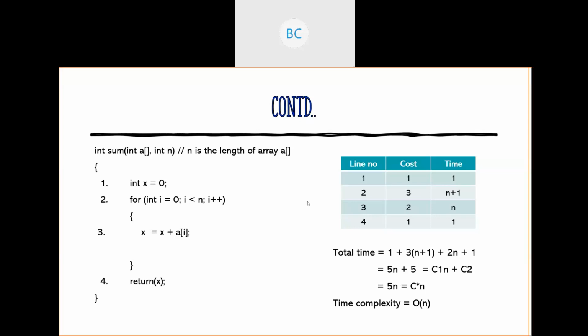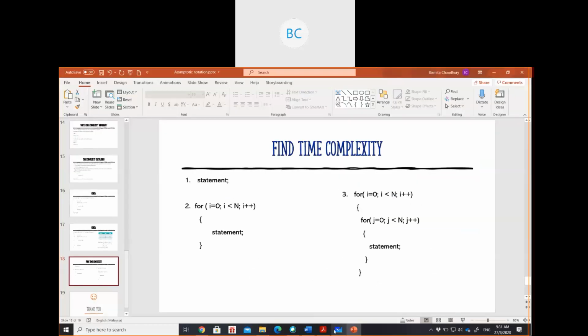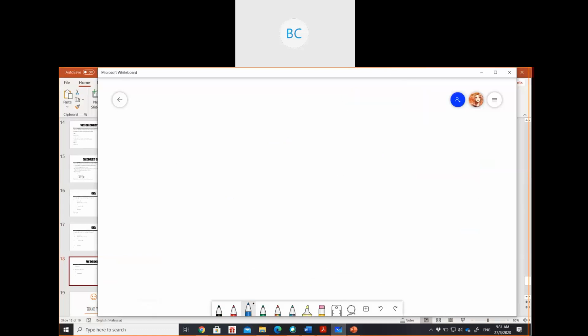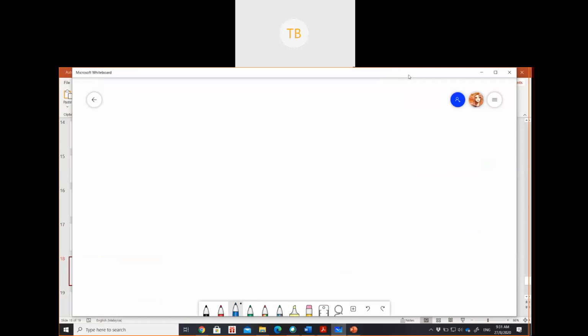Okay, so now I'm going to give some general rules. Using these rules, you can calculate everything very easily. You don't need to think about cost and time and all. Okay, wait, let me share this screen again. Can you see this screen? This canvas? Can you see the canvas? The room is locked. Can you see the screen now?